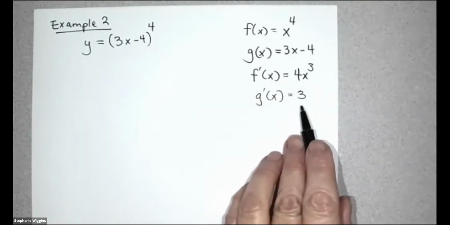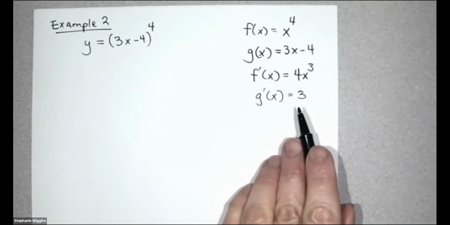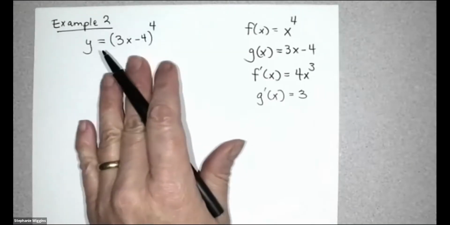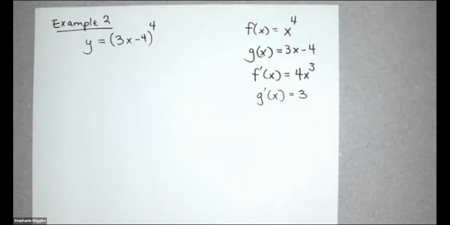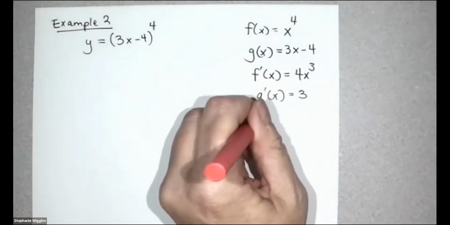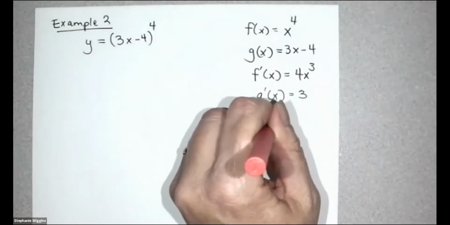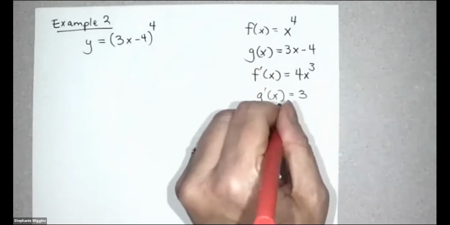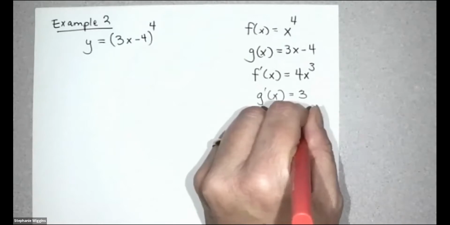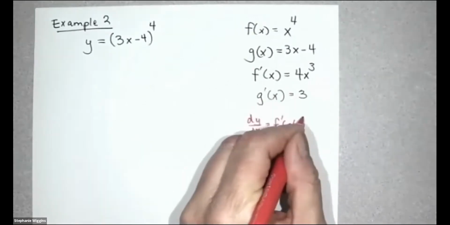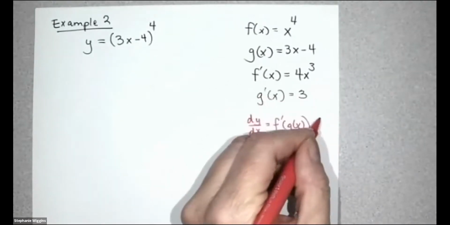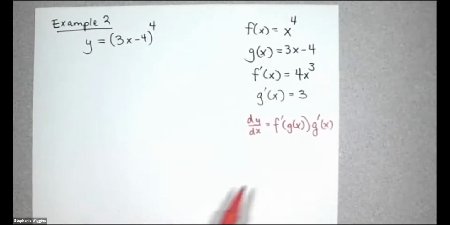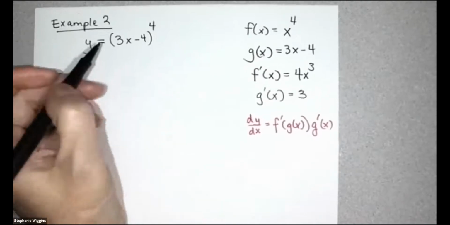So applying the chain rule to this, remember the chain rule just says that we have the derivative evaluated at g, so f prime of g of x, multiplied by the derivative of what's inside, the g prime of x there. So here's the rule that we're applying. So for this particular example,